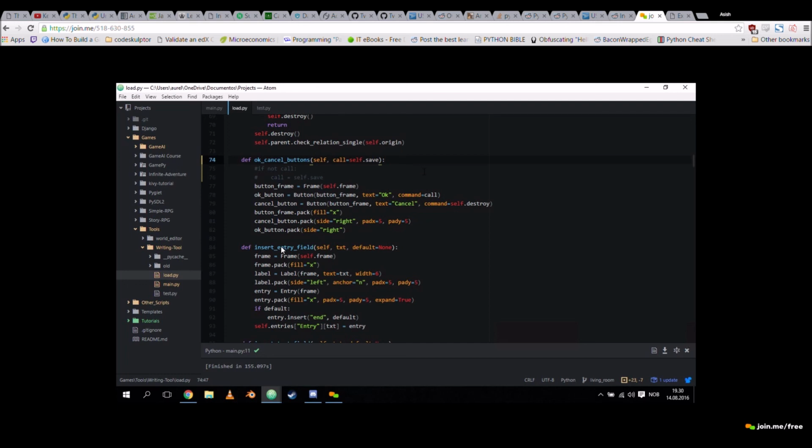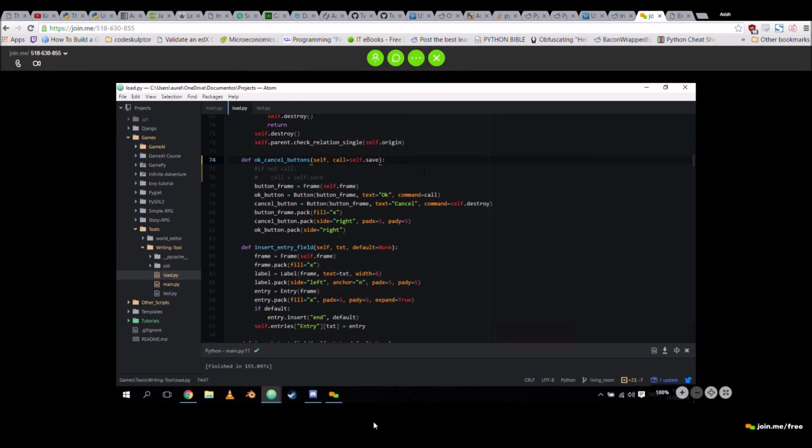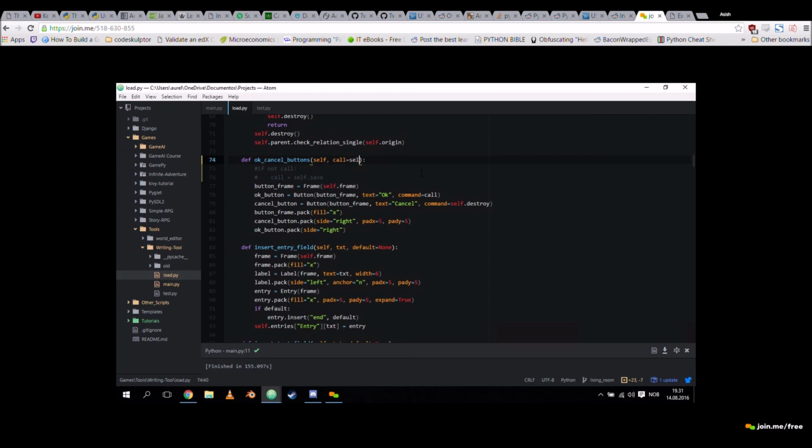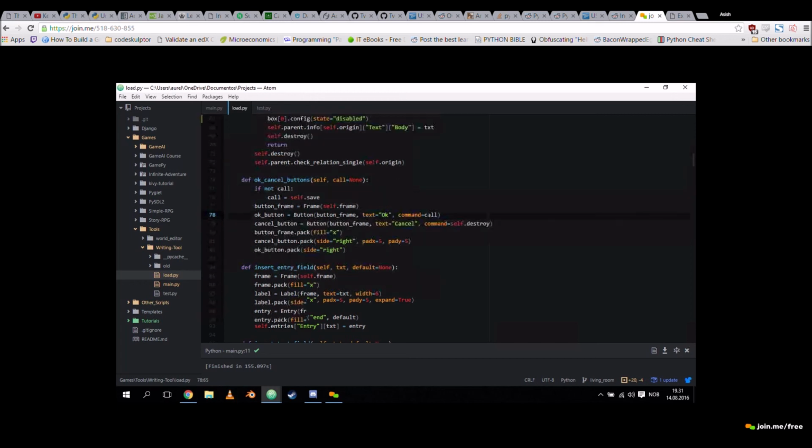Yeah? Why don't you make that save method a static method? Then you don't have to worry about it. No, I could, but I want it to be a method as well. This proved to be perfectly fine. Not sure it would work as a static method, actually, since command only takes callables. But I might be wrong about that. But yeah, that might be something I could try out.